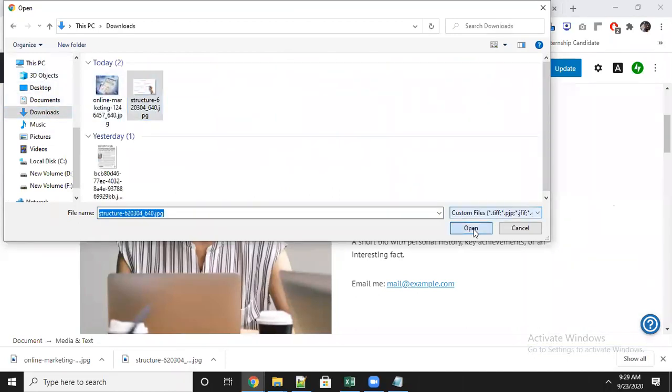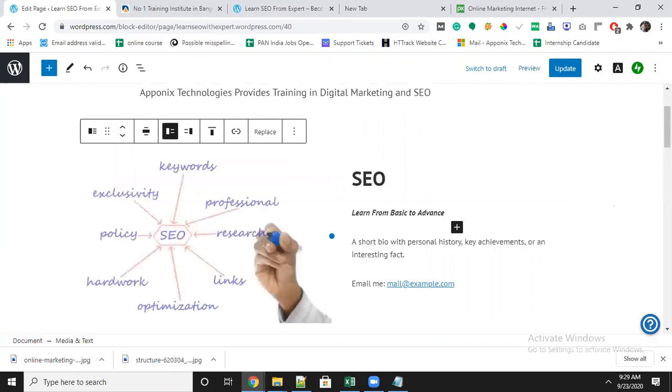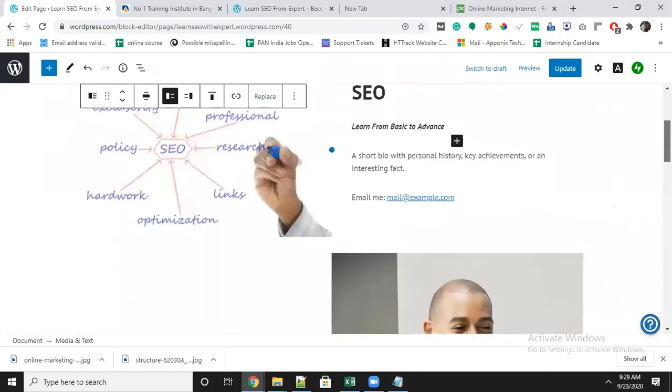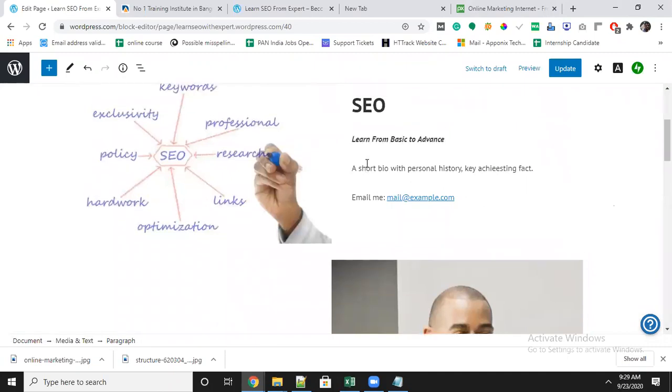Okay, SEO. Now the SEO image has come. Whatever you want, again you can edit the text. I will write about some small things here.